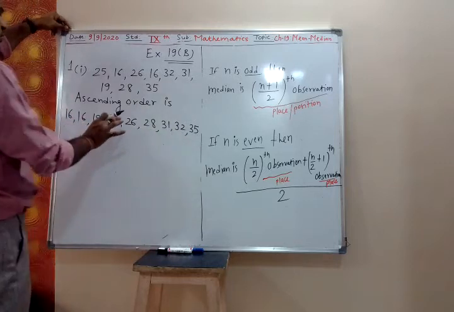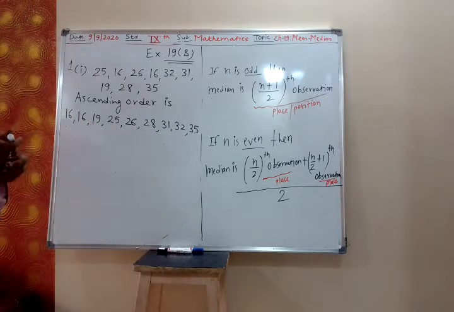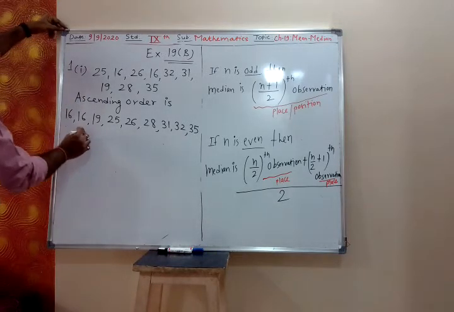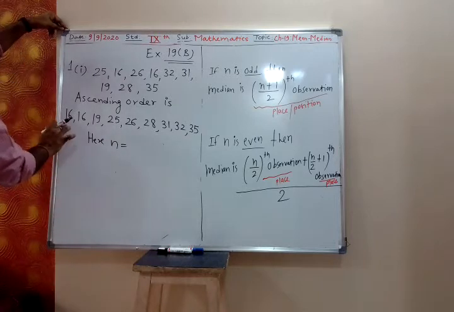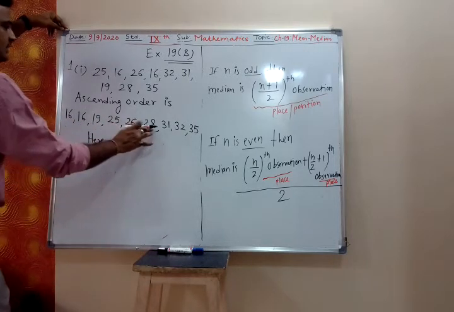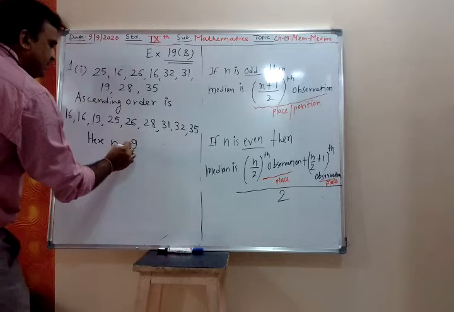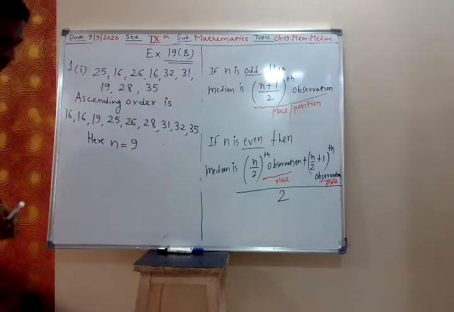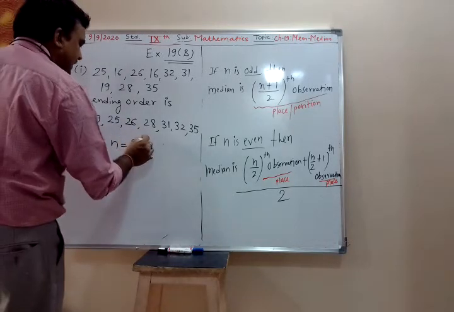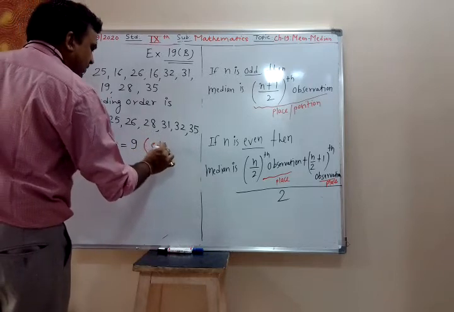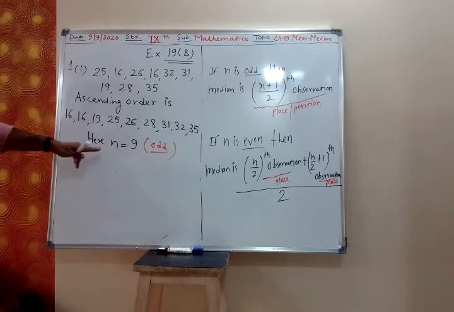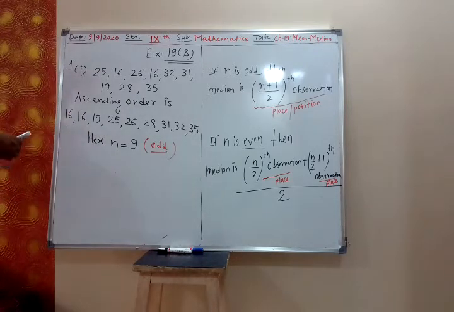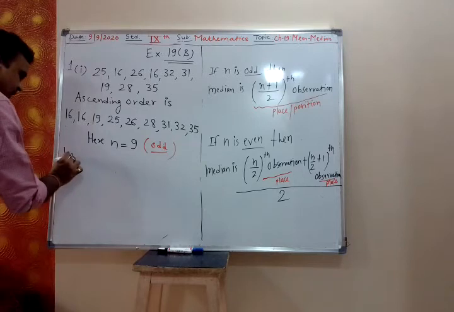We cannot conclude what is my median. We are arranging that in the ascending order. After ascending order, we see what is my n. Total how many observations? 1, 2, 3, 4, 5, 6, 7, 8, 9. Here n is 9. 9 is odd. So my median will be,